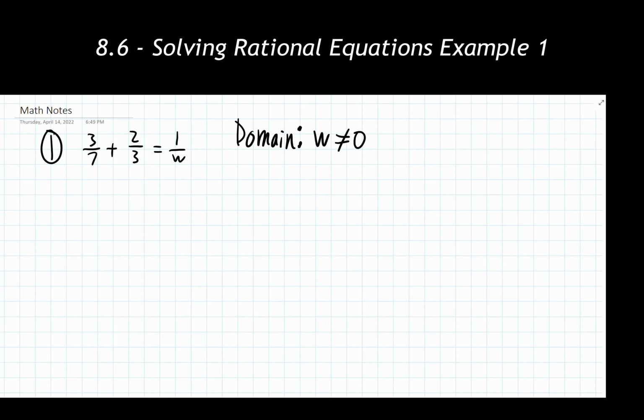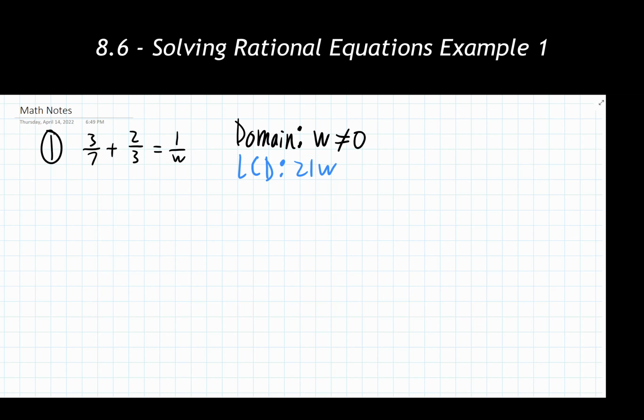So our next step then, step 2, says to find the lowest common denominator of the rational expressions. So I'm finding the LCD. Like we did previously, I'd recommend writing that down somewhere nearby for ourselves. So what is the smallest number that all three of these denominators, maybe it's not necessarily a number, but it's the smallest expression that all of these denominators could multiply into? And that's going to be 21w.